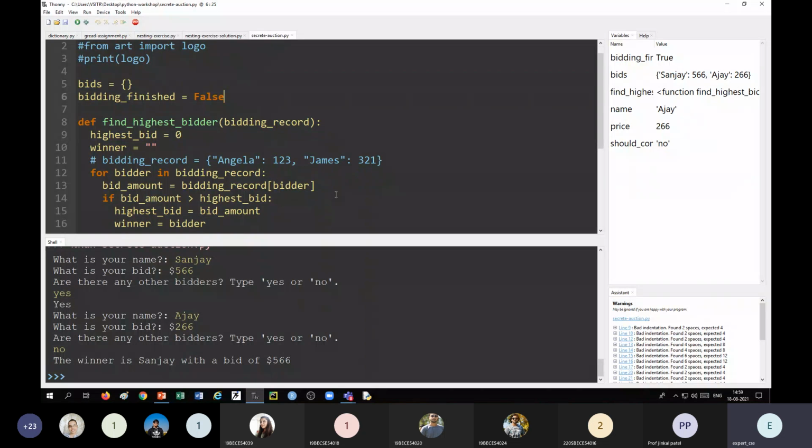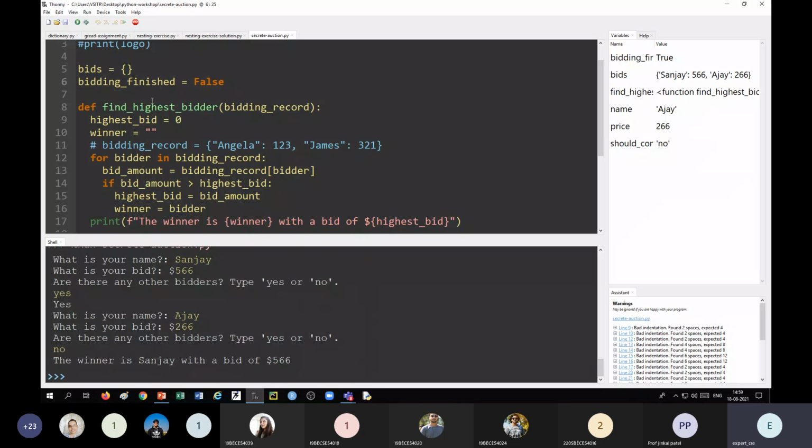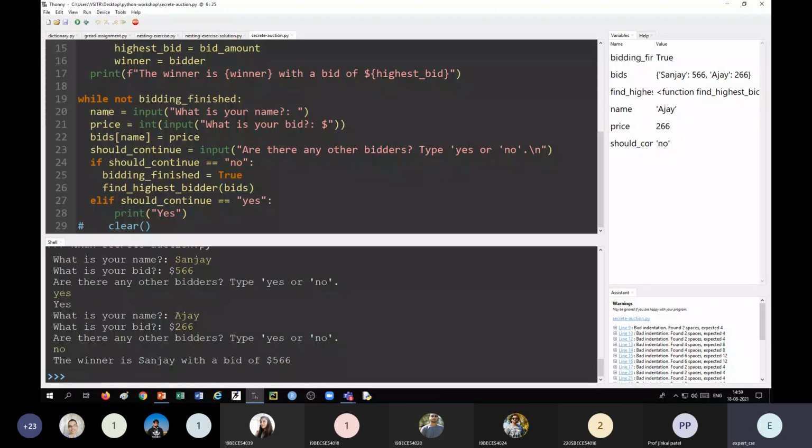If you want some hints, first of all accept this name and price from the keyboard and put it in a dictionary. Suppose bids is the empty dictionary. We can say name is a key and price is a value.